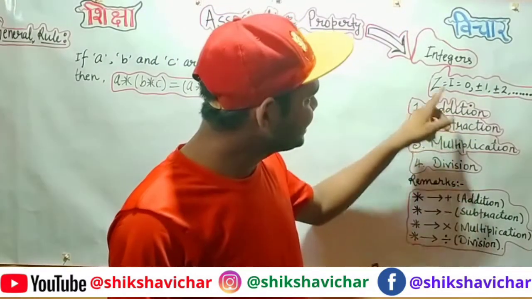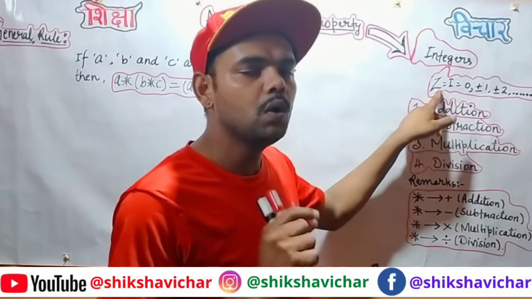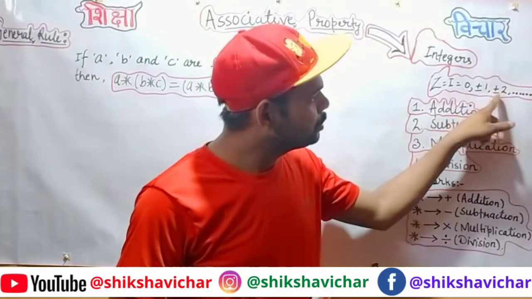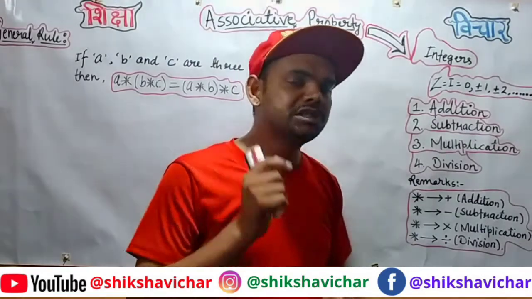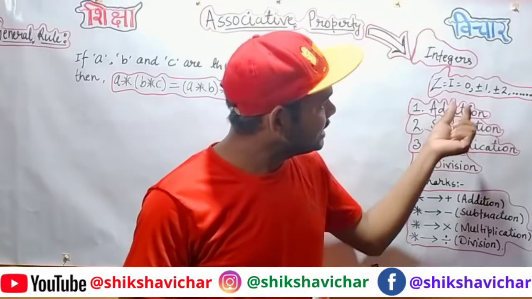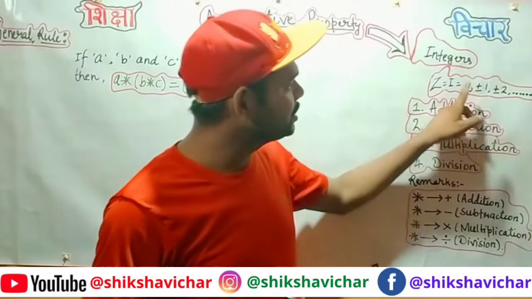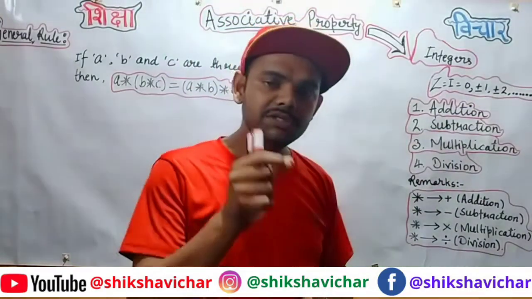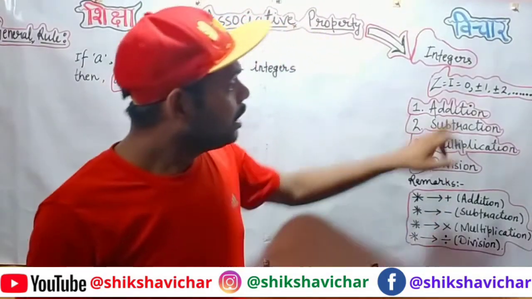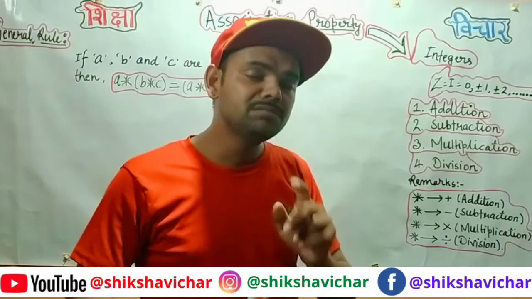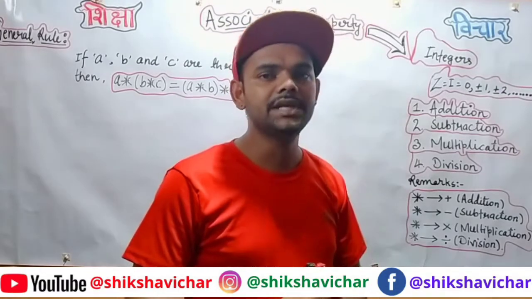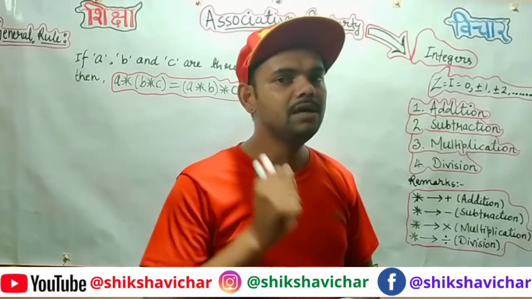If we compare this set Z with natural numbers or whole numbers, we have to recall that in natural numbers the numbers were 1, 2, 3 and so on, means all positive numbers. The whole numbers contain 0, 1, 2 and so on, means 0 is added to the natural numbers and the set is called whole numbers. Here whole numbers are there, natural numbers are there, and negative numbers are also there. This is the difference between integers and natural numbers and whole numbers.